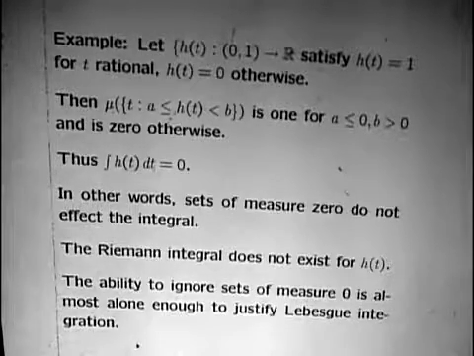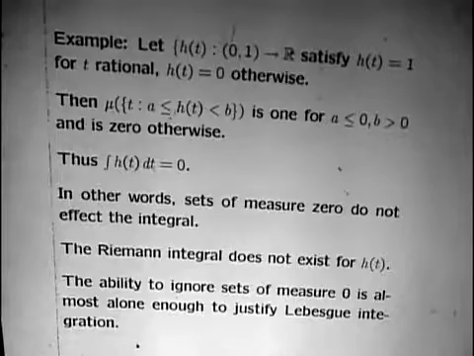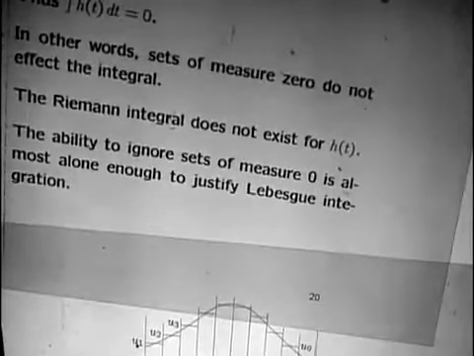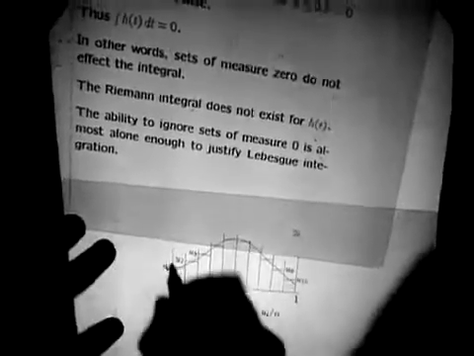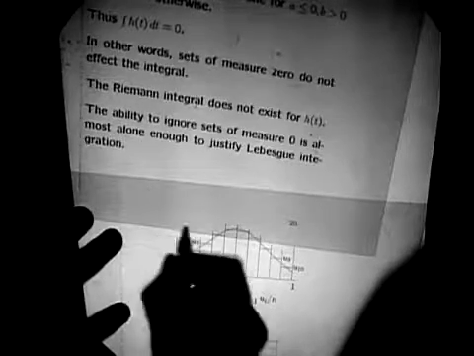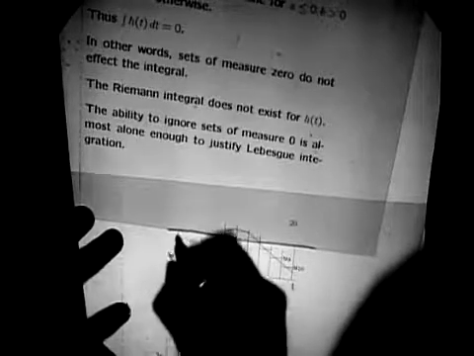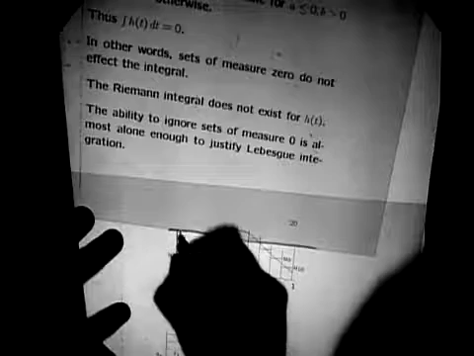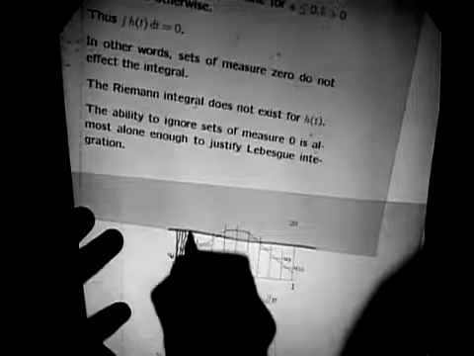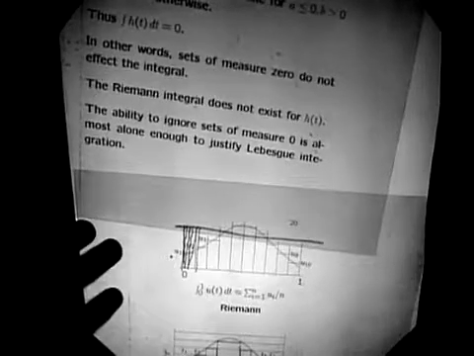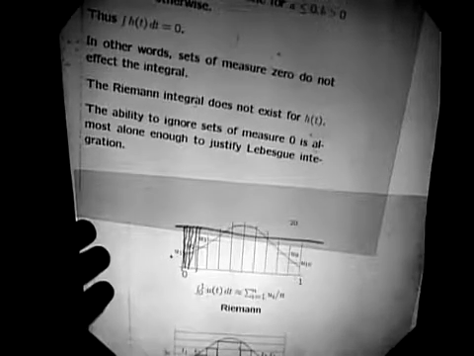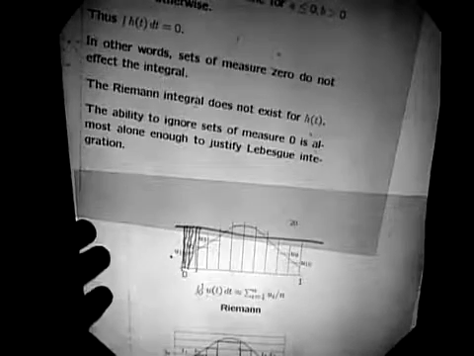Okay, in other words, this is a function which looks absolutely wild. It just goes up to here, and it's 1 or 0. And it's 1 at this dense set of points, which we've already said doesn't amount to anything, and it's 0